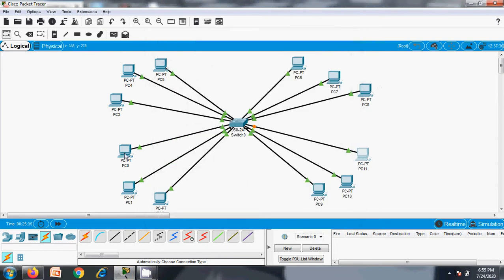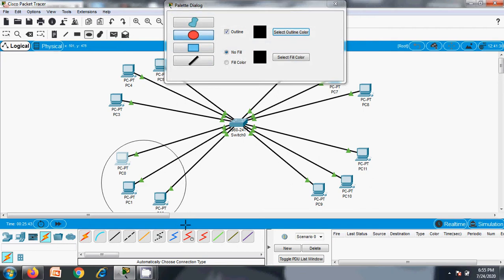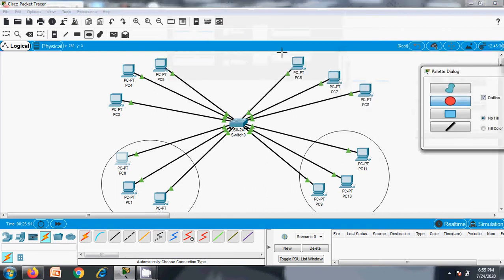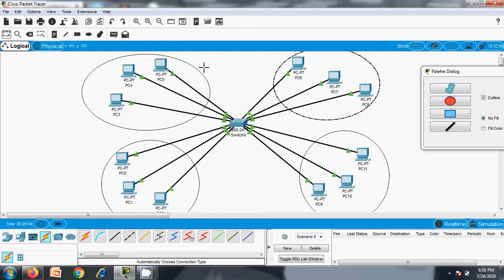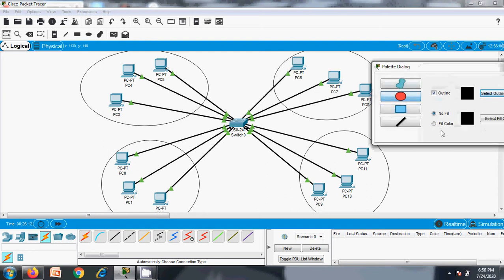Okay, let's draw a logical diagram so that it will be easy for us to separate each network. Let's take, this is one network, one department, this is another department, this is another department. So there are 4 departments here. So let's give some color.